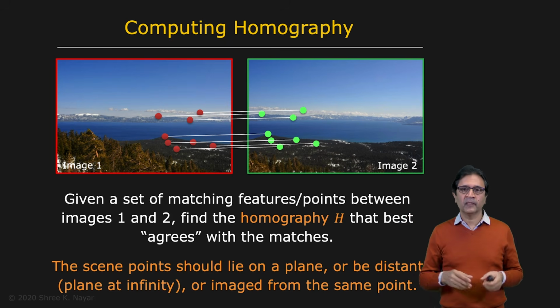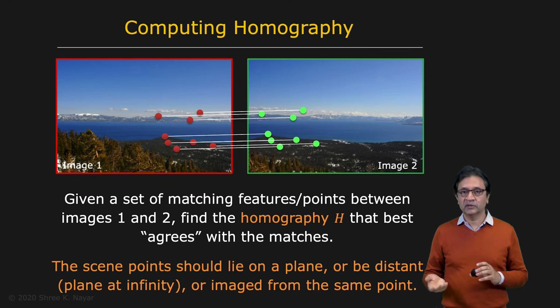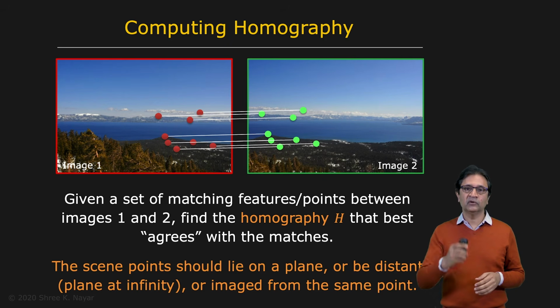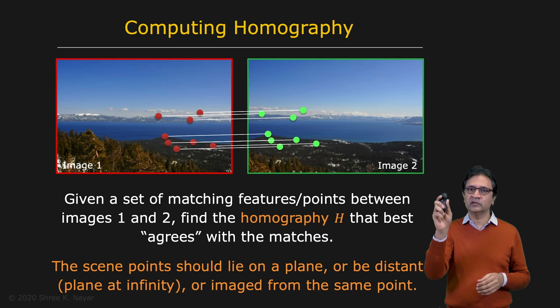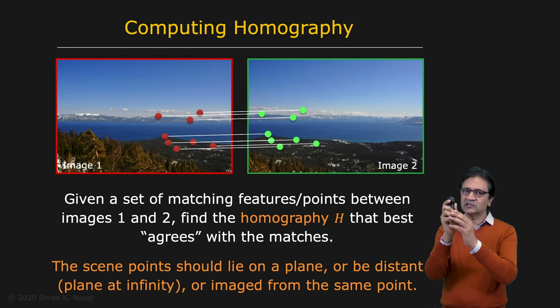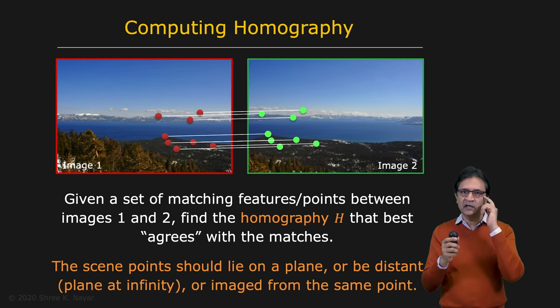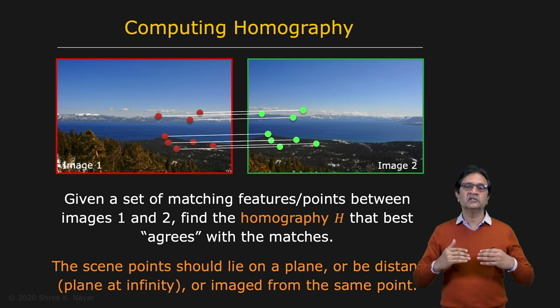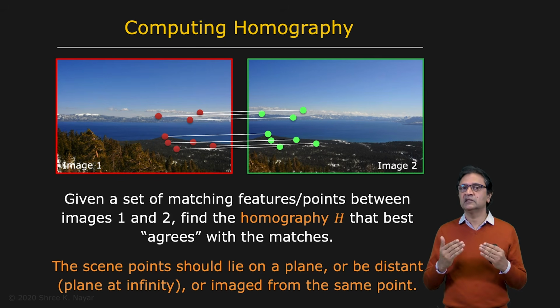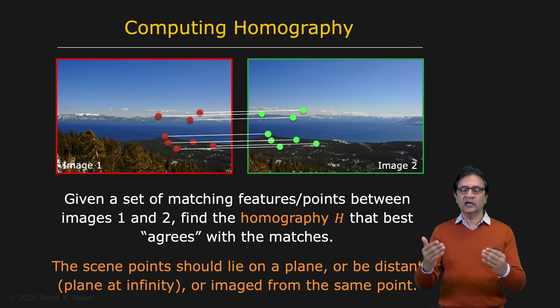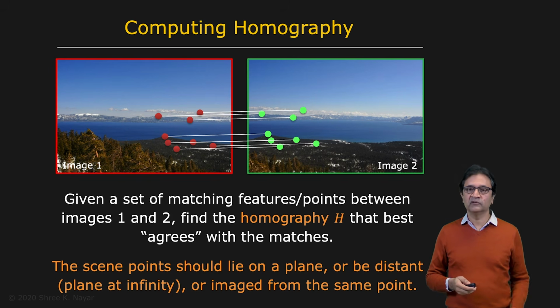And then the last case is, yes, you're not exactly in the same viewpoint, and this is what typically happens when you capture a panorama. You hold up your camera and you take a picture here, you take another picture here, another picture here. You're not necessarily spinning the camera around exactly its center of projection, but it typically is equivalent to a single viewpoint or center of projection, simply because the scene is far away from you. So if you can assume the scene is really far away, then you're really assuming that the scene itself is a plane at infinity, and therefore, again, the homographies hold, even though your viewpoint is changing somewhat.